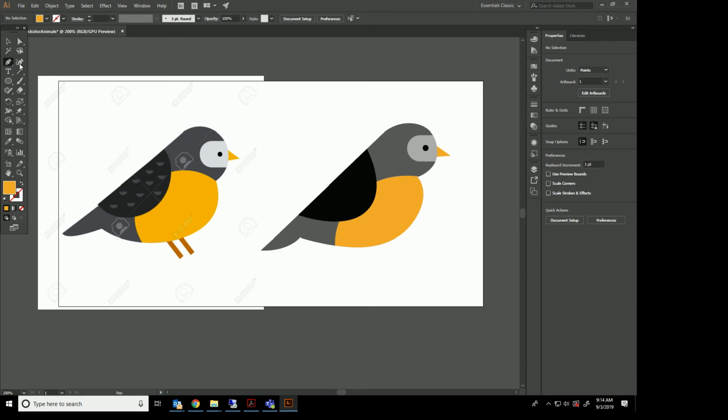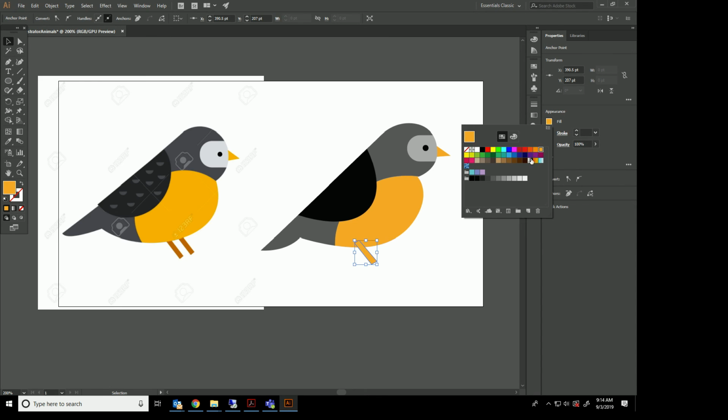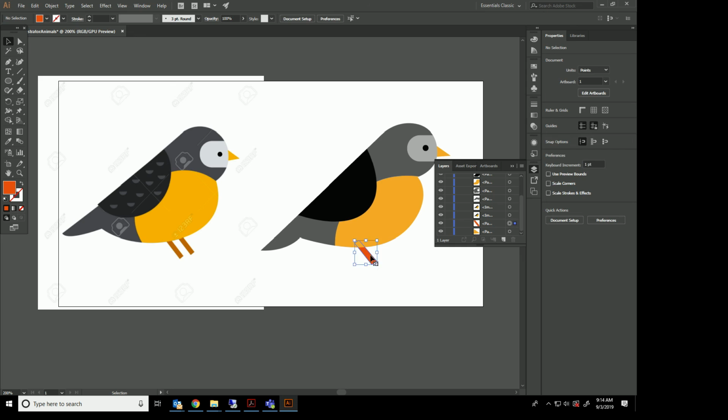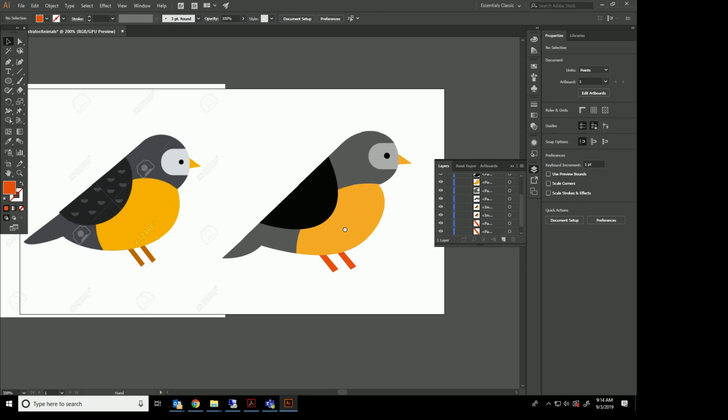And then with the legs, I could just create a little rectangle and make it a darker orange, or like, I don't know, a brown or whatever. And then to send it to the back, I could right click and send it to the back, or I could even go to my layers and just drag it down to the bottom. To make a copy of it, I can hold down Alt while I move it. And that's pretty much it. I can make these shapes, I'm not going to worry about that. That's pretty much it. So you're going to try